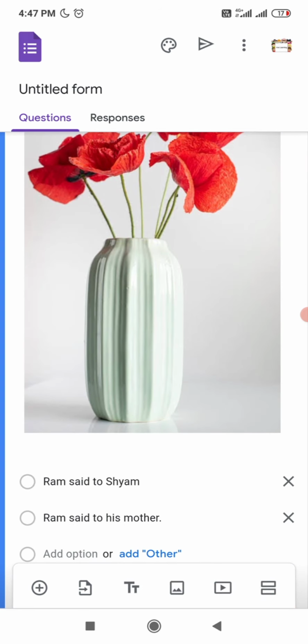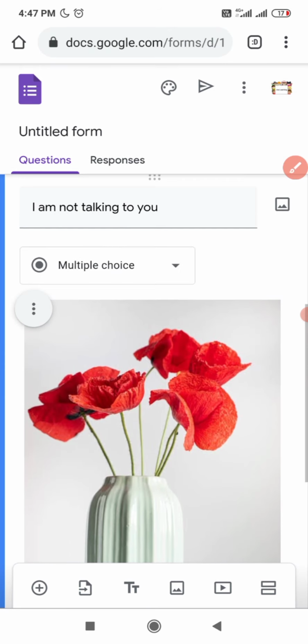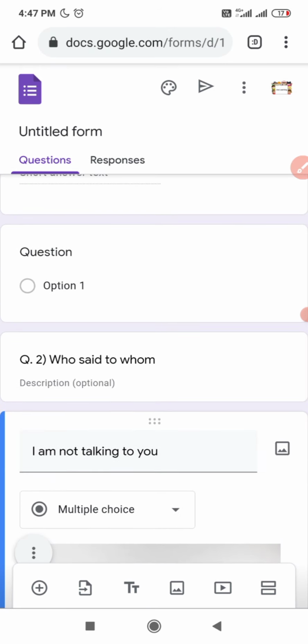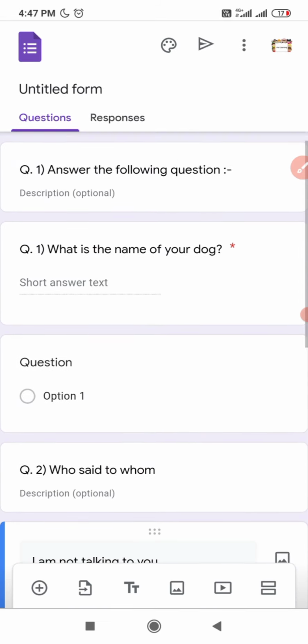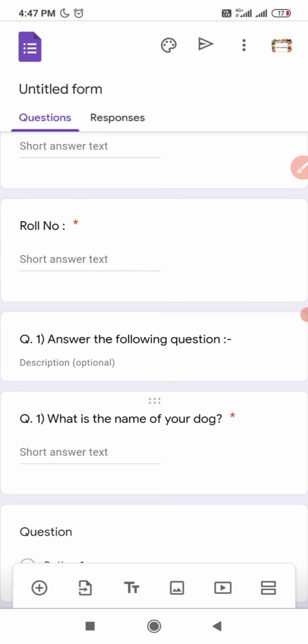Like this, you can add videos also, YouTube videos and other things too. Now, one more important thing to be noticed on this Google Form is how many marks you want to keep for your answers. So I will